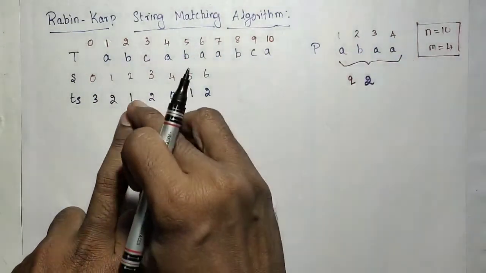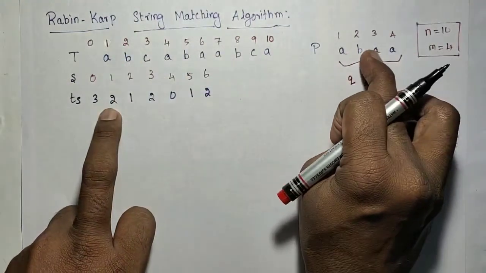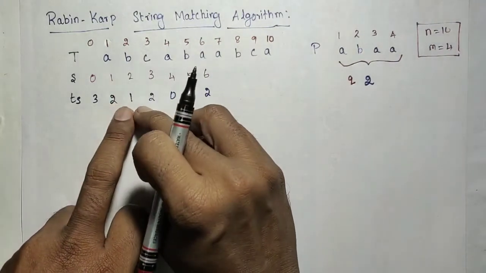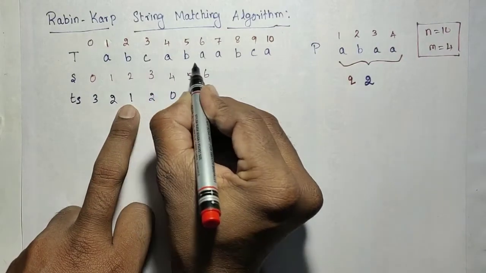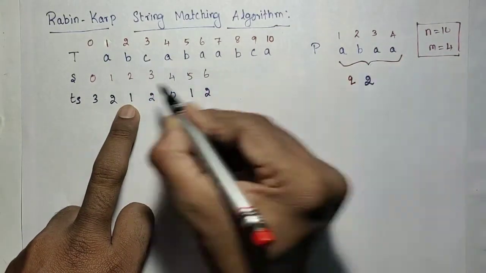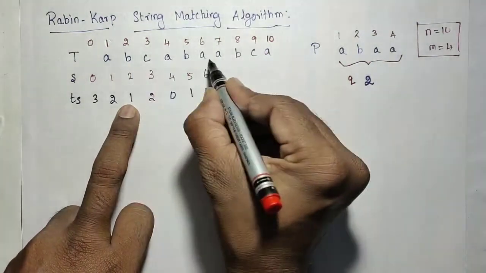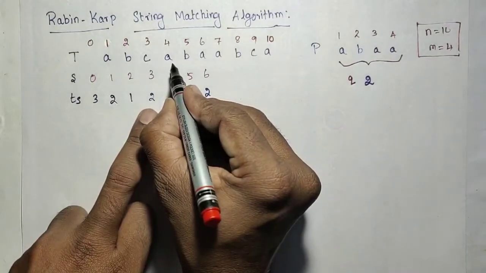The next iteration, the number is 1. Here the 4 characters do not match with P, so it will not print pattern found. It will go to the next iteration. Next, CBA, these 4 would be compared here. But here the number is 1. Since the number is 1, the comparison will not happen. Then it will go here.